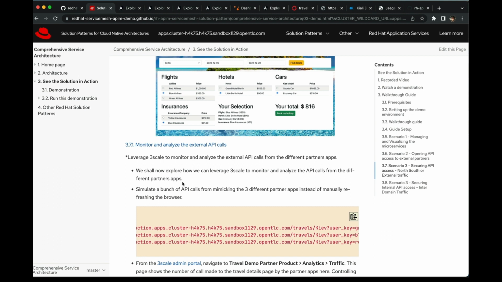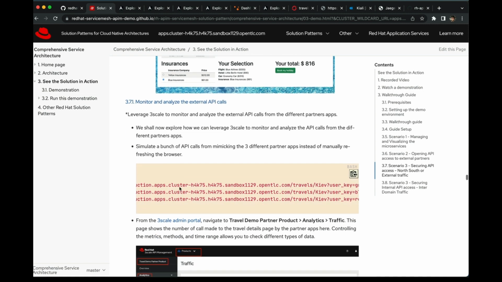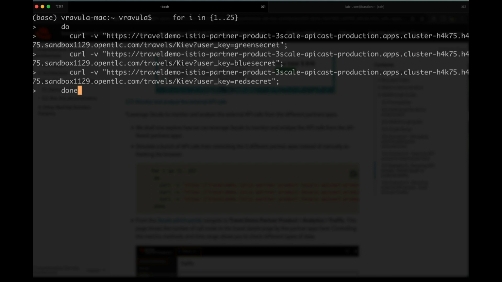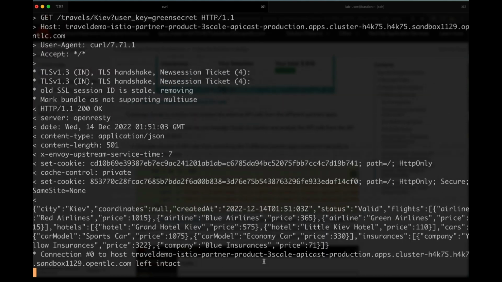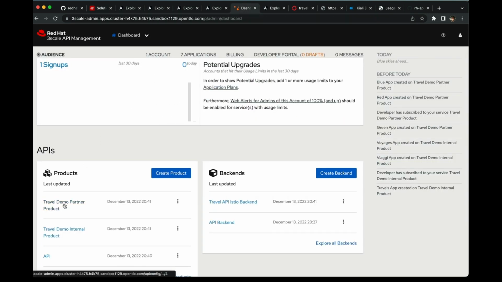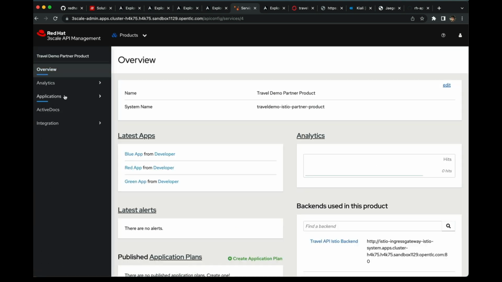Another part is that 3scale API management is not just used for authentication purposes. You can also use it to monitor and analyze your external API calls. You can look at a bunch of analytics on how many calls a certain app has made and at what time, during what time period, etc. For that, we have to first emulate a bunch of API calls as if they are made from these apps. So I'll just run this for loop which simulates these calls as if they are made from the partner apps. And once this is run, you can actually go back to the 3scale API management admin portal, the product,